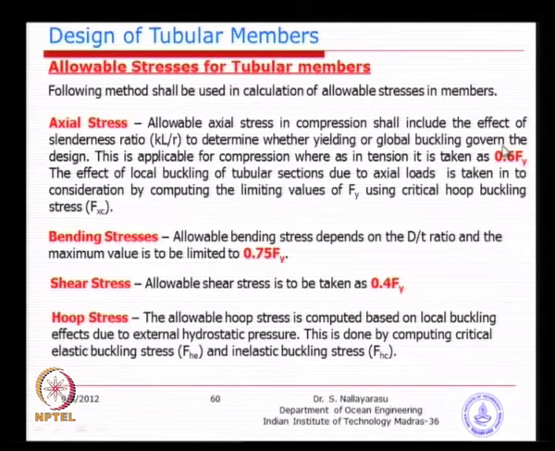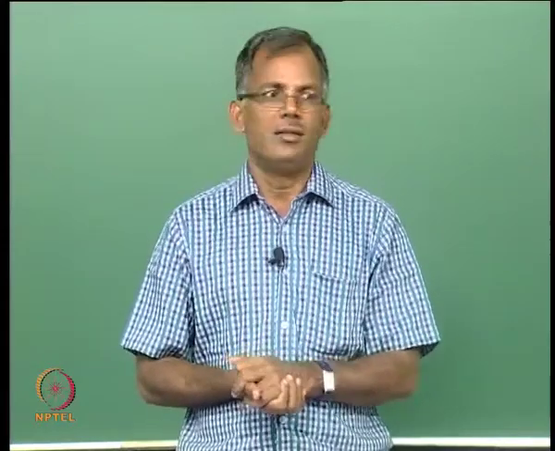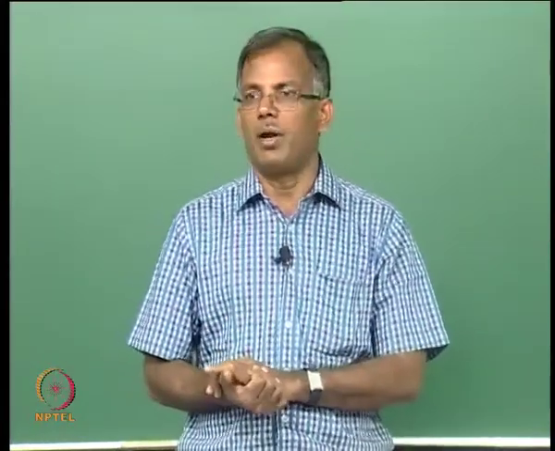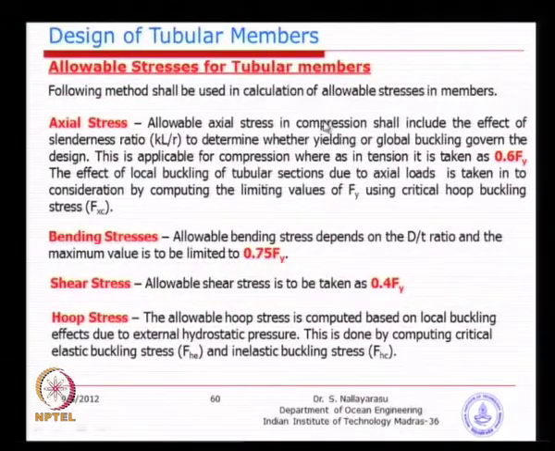As long as the member is subjected to axial tension load, there is no question of either local buckling or global buckling. So, very simple, allowable stress is a constant which is taken as 60% of the yield stress, very straightforward. So, tension is easy, whereas in compression you have got a problem, you have to go step by step, 3 steps you have to calculate and then find out the allowable axial stress.